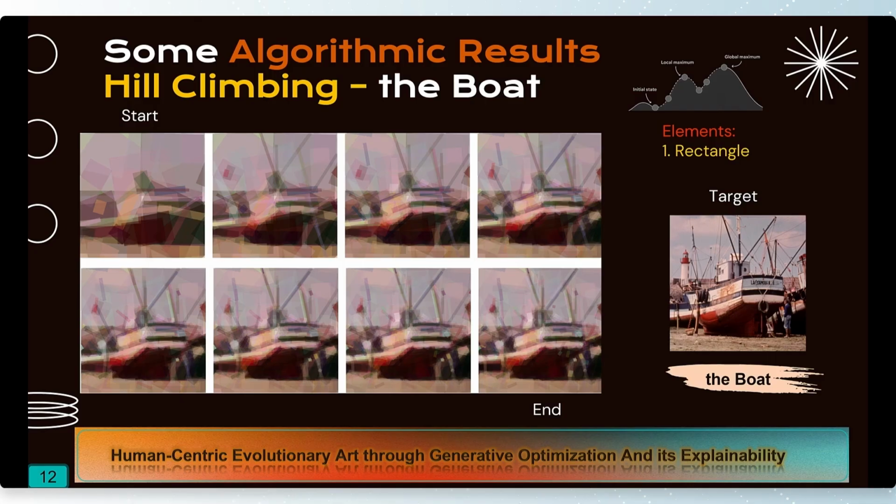Now we get closer to the main purpose of this research. Here we can see a heuristic algorithm called hill climbing trying to reconstruct the target at the right using just rectangles. As we can see at top left, it starts with some basic rectangles, going forward to the right, to the top, to the bottom left, and finally to the bottom right. So basically it tried to reconstruct the target image, and it was somewhat successful using just rectangles in 200 iterations.